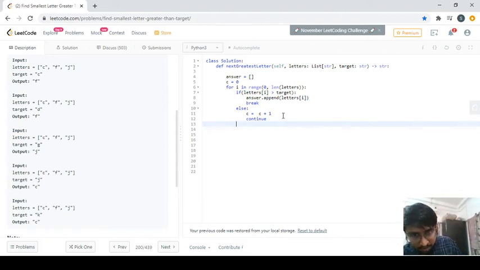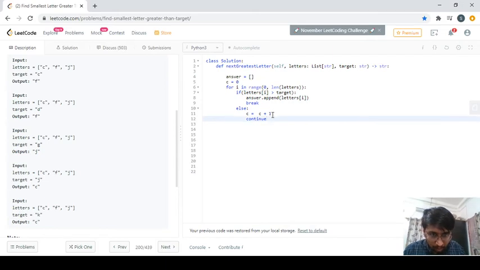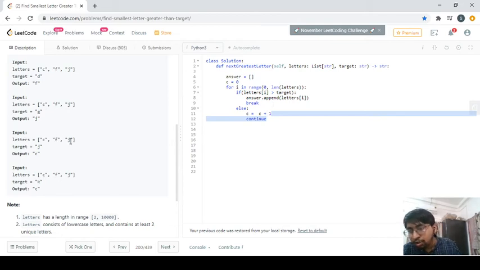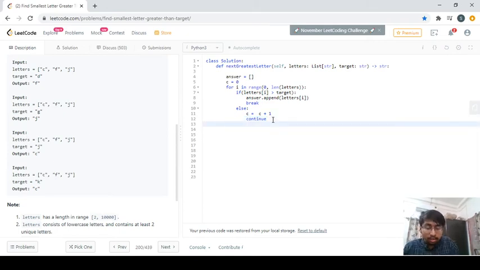Now this count is going to help me solve this case. You can see here how many times your for loop ran. The first element was not greater, so the count is 1. The second was also not greater, the count becomes 2. The third was also not greater, the count becomes 3. And what is the length of the letters? 3. That means if I write something like this,